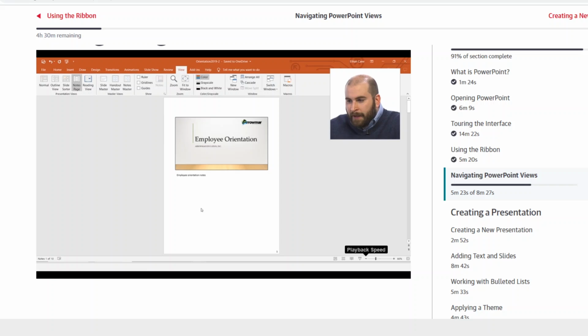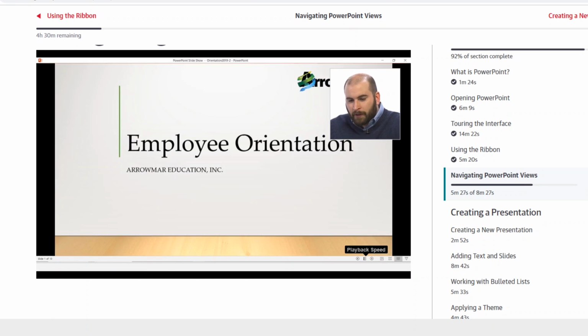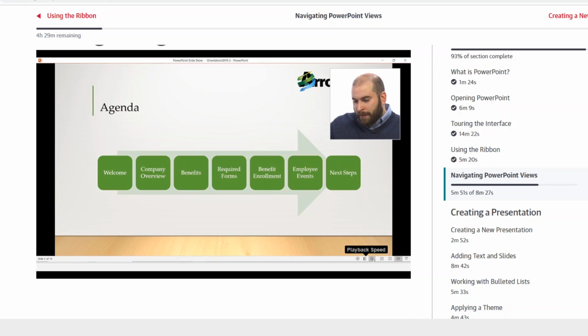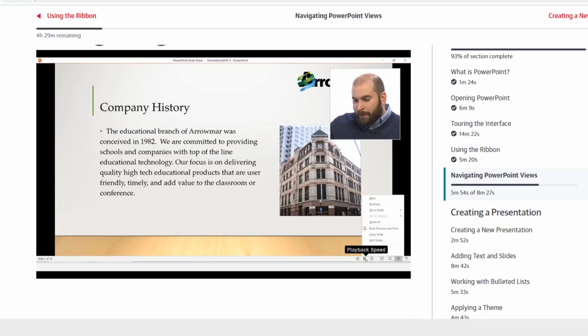Okay, and then after that notes page view, we're going to move on to the reading view, which you've seen already. Allows you to view your slideshow just one slide at a time. And this is useful if you are viewing this presentation as an individual and not presenting it to a larger audience. You can give somebody this presentation, put them in reading view and say, okay, go through this presentation on your own time. Again, when you are in that reading view, bottom right-hand corner, you will have different controls to navigate to the next slide or the previous slide, or there's even a menu you can click on, where we find options to go to